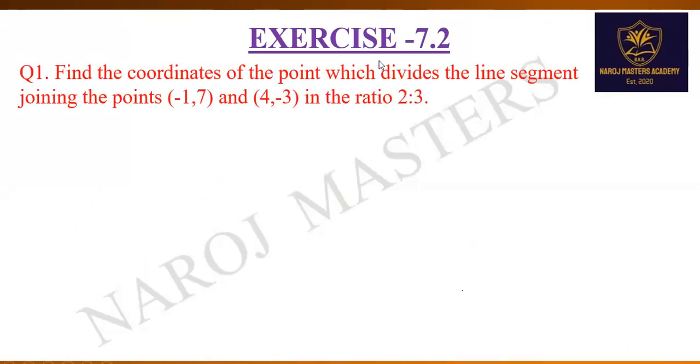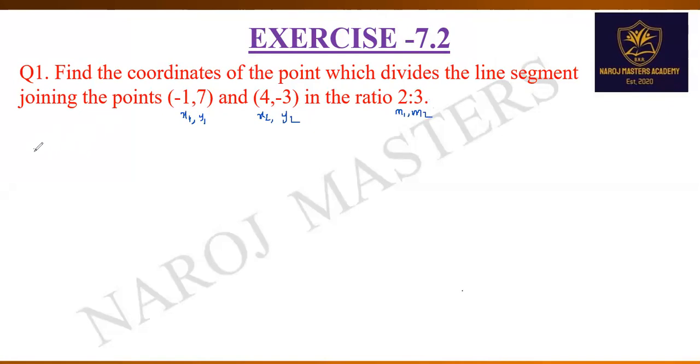Find the coordinates of the points which divide the line segment joining the points x1, comma y1 and x2, comma y2 in the ratio of 2:3. Here x1, comma y1 are -1, comma 7, and x2, comma y2, in the ratio of 2:3. So these are m1, comma m2. So use the section formula, that is